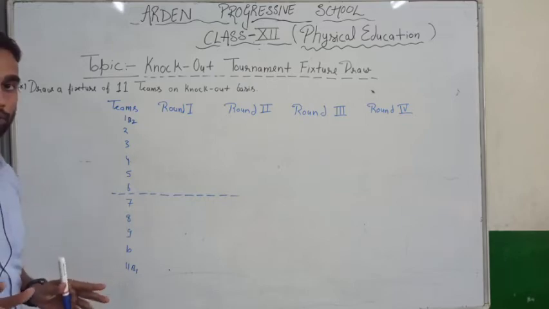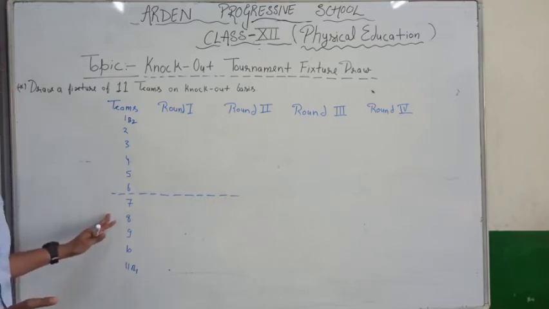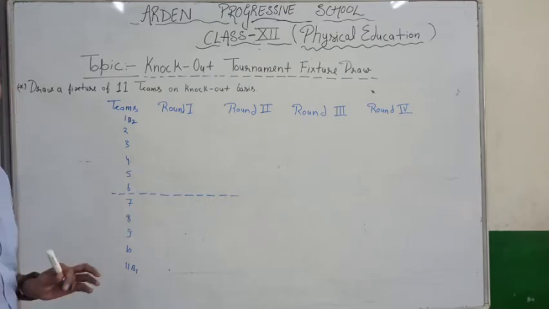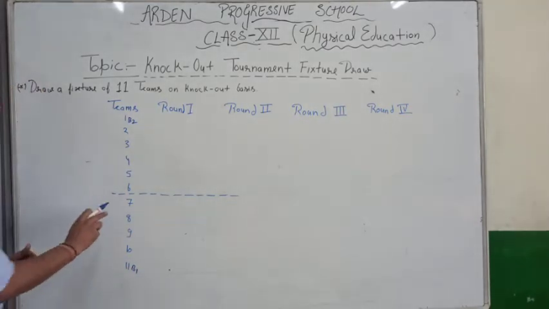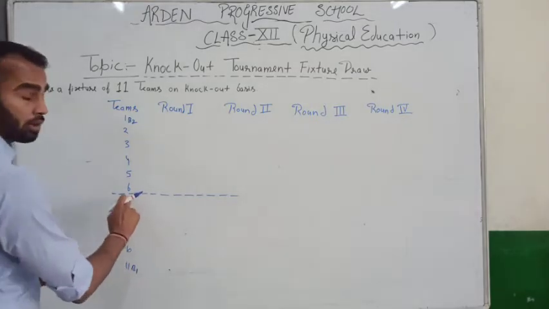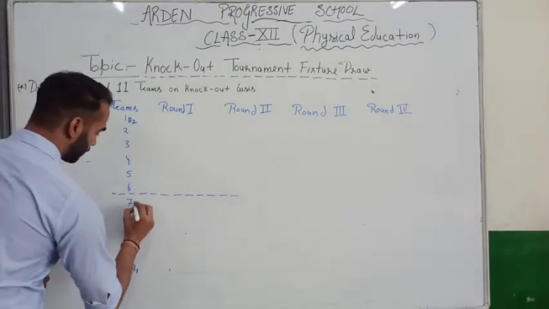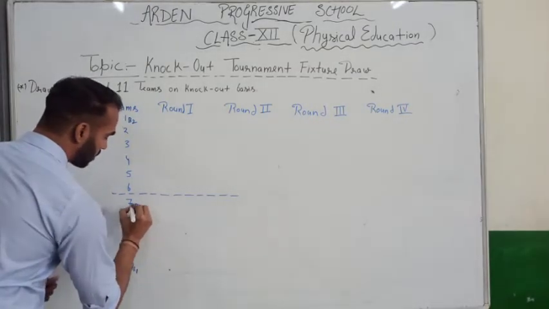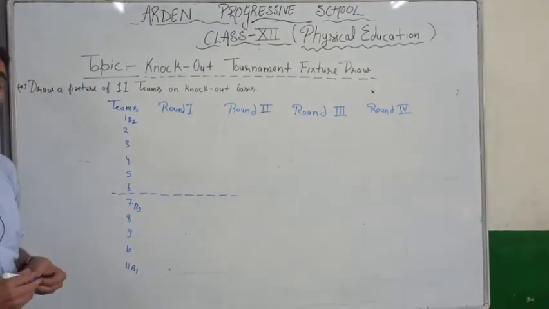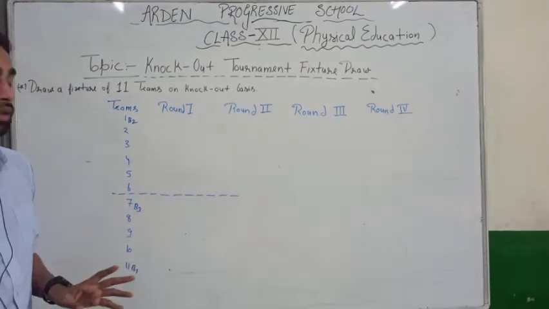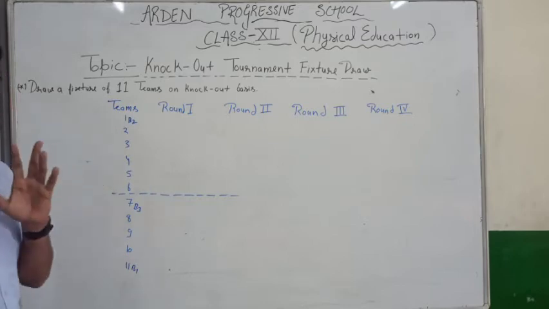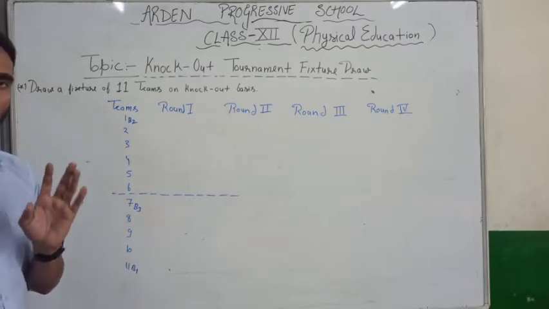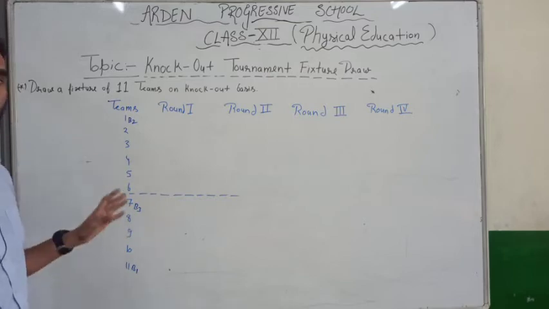Then the third number bye, we give in the lower half, first number of team. In the lower half, the first number team is 7, so we give number 3 bye to it. By 3. And by number 4, we give in the upper half, last number of team.